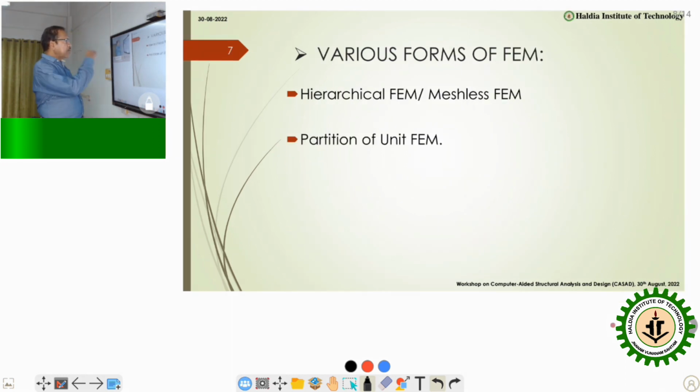Then, what are the various forms of finite element method? As we have just seen, the finite element method usually has to resort to some kind of discretization, meaning it has to be discretized. Suppose we can say